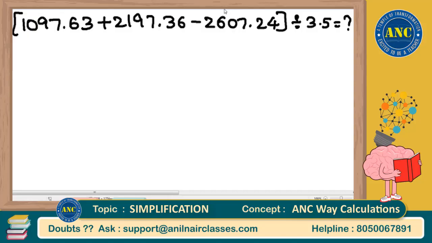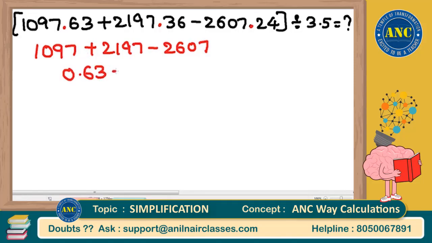Now see here, same logic I will implement. First of all, ignore all these decimal points. Whatever is written after the decimal, first ignore it. Let us only calculate the whole number part: 1097 plus 2197 minus 2607 is what we need to calculate. And the decimal parts are 0.63 plus 0.36 minus